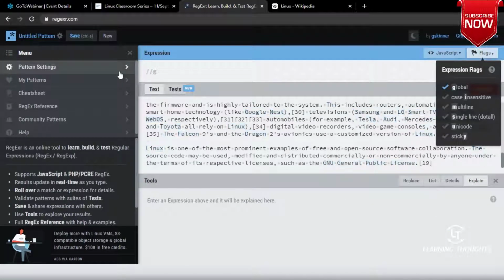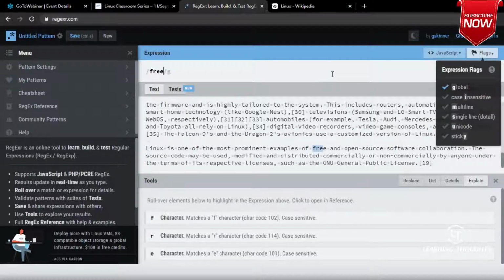Now what I want to search is the word which is literally written as free. Am I clear on this? So shall we try to understand how this regular expression will be implemented?